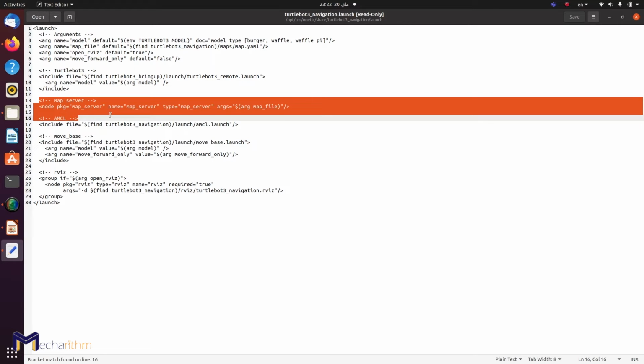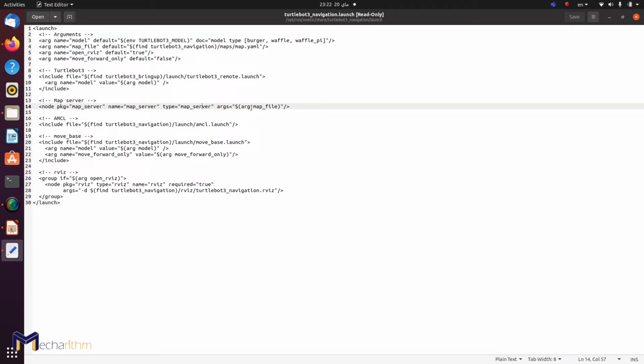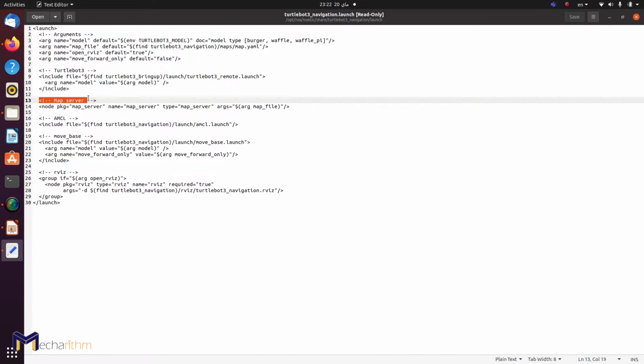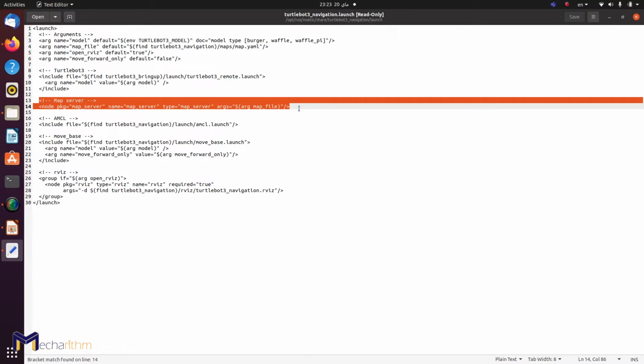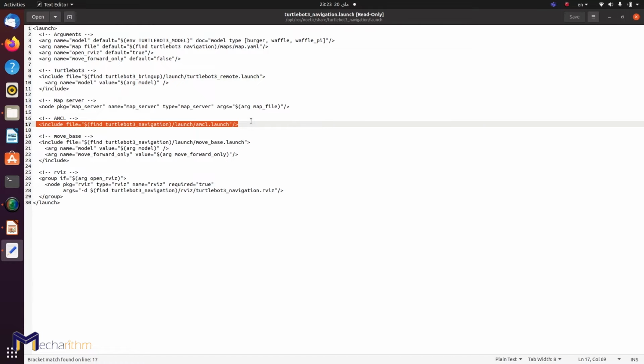Then we've got the map server here, and the map server again relies on some arguments which has to do with the map file. So I don't need the map server to act here. I need to pass my own map coming from my own SLAM algorithm, right? So I'm going to replace that with a launch for my SLAM algorithm instead of just launching the map server. We've got the AMCL, and the adaptive Monte Carlo localization is actually needed in order to localize the robot, so I may keep that,